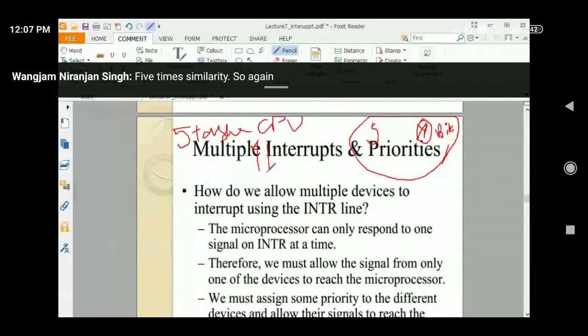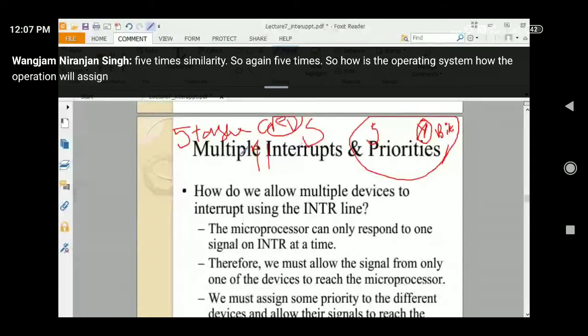So how will the operating system assign that particular task? I need to give priority to one task. एक task को priority देके उसको देना पड़ेगा.